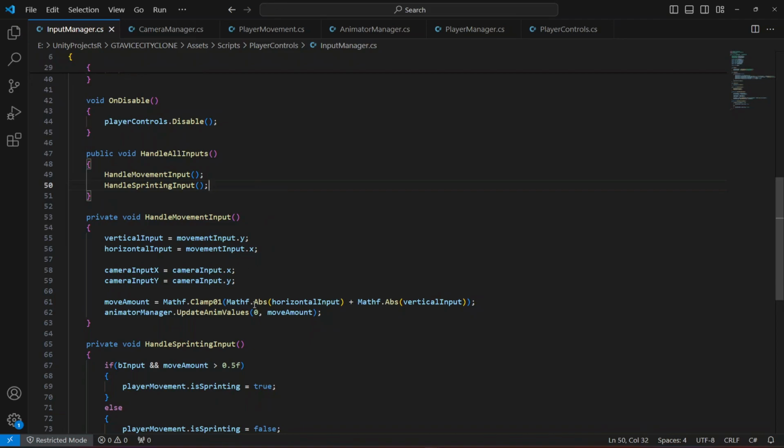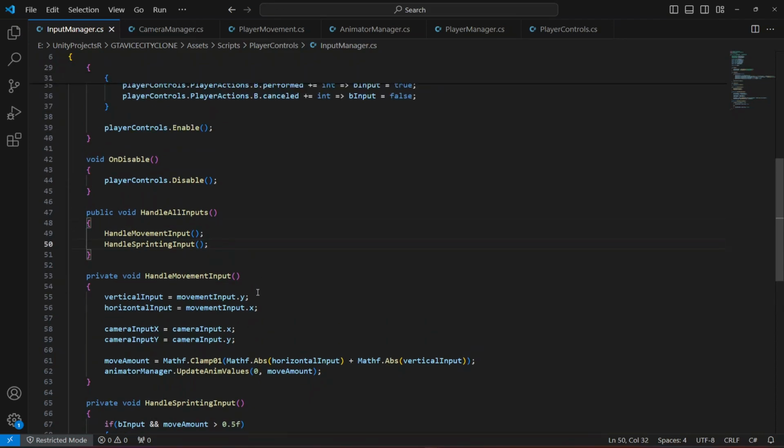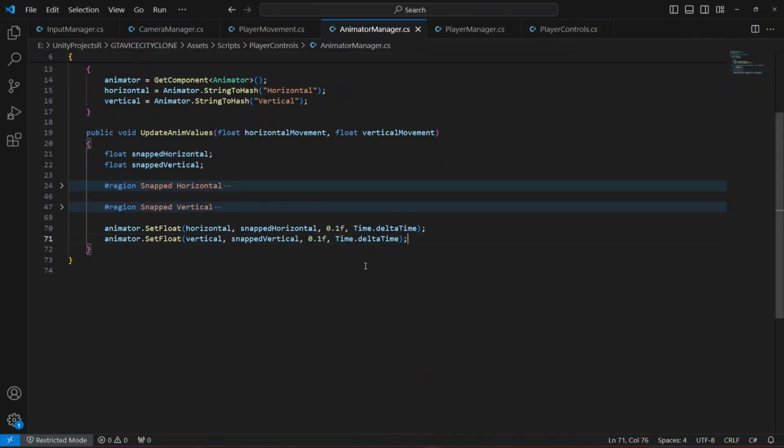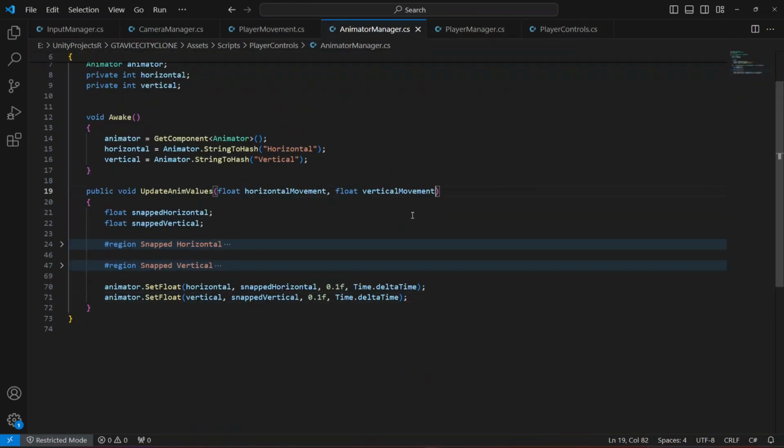Now you can go ahead and test the shift button and the joystick button out. It will read the values from it. But we will not be testing that right now. We will now be actually playing the animation whenever we press the sprint button. So for that we have to open up the animator manager, and in this method update anim values,